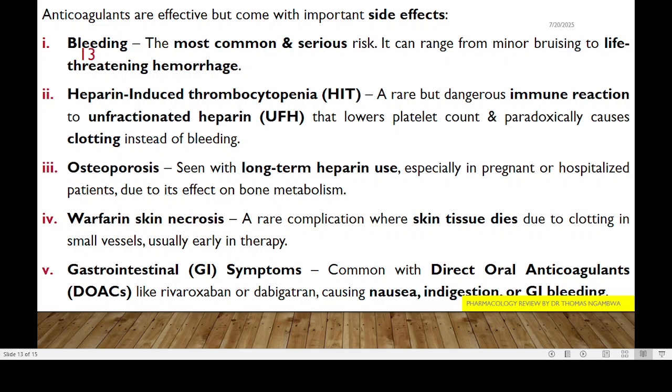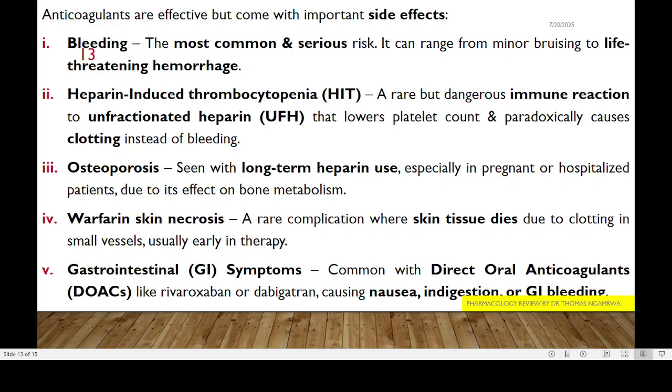The first one is bleeding, and this is the most common and serious risk. It can range from minor bruising to life-threatening hemorrhage. Heparin-induced thrombocytopenia is a rare but dangerous immune reaction to unfractionated heparin that lowers platelet count and paradoxically causes clotting